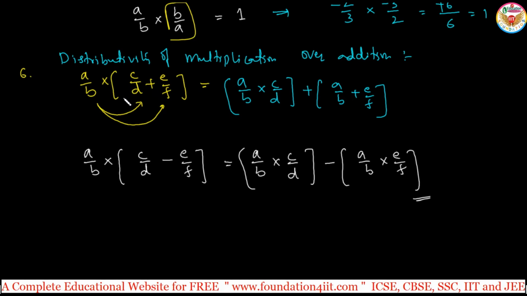So you can take any example for a by b, c by d, e by f, and you'll get the same. You can just do the normal addition and multiplication already learned, right? So take any three rational numbers and this rule will exist. Okay, this is the distributivity of multiplication over addition. So these are the basic properties. And next we'll see division in rational numbers, division of rational numbers and its properties. Let us see now.